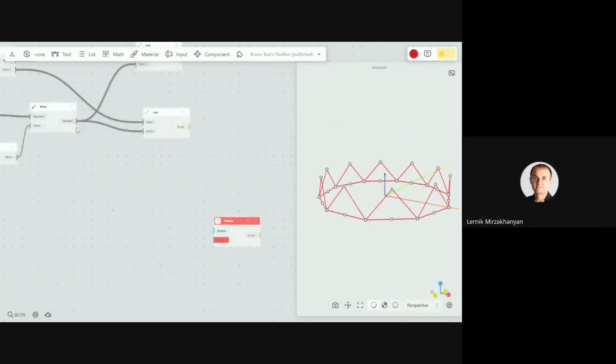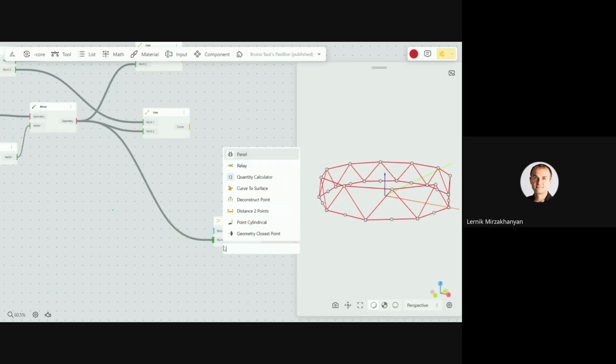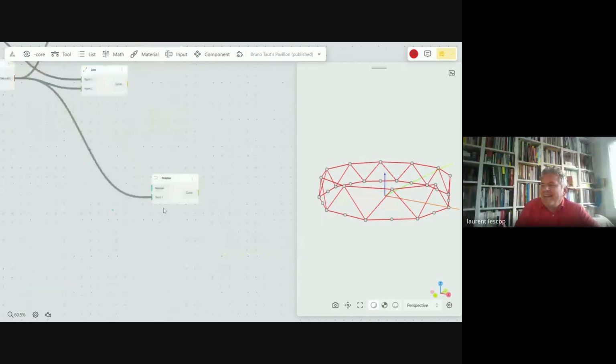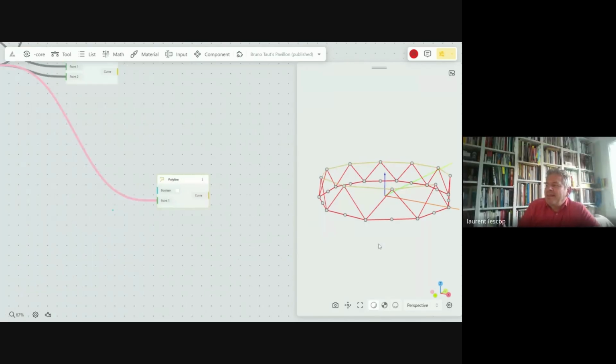By the way, to make it easy, you don't have to click from the edge to edge. You can click in the middle of the port and drag it to the middle, and the button is quite big, so it's difficult to miss. Okay. So now I've got my new polyline here,